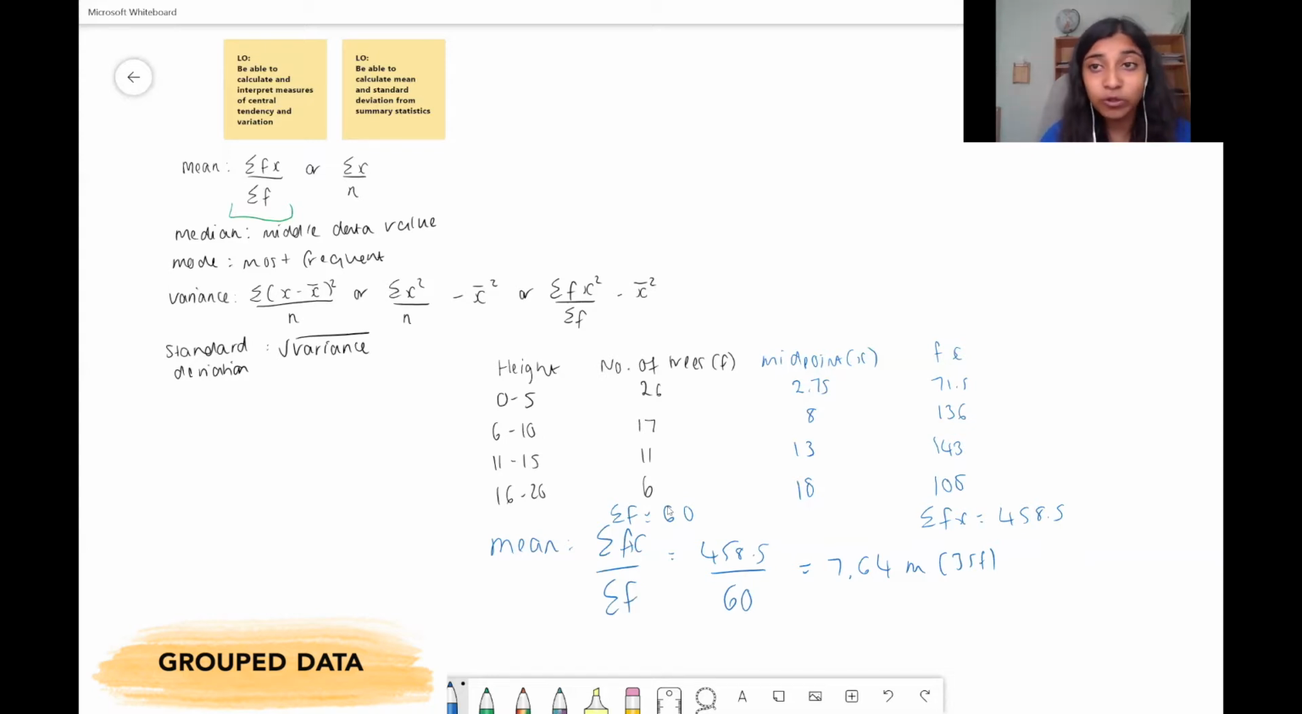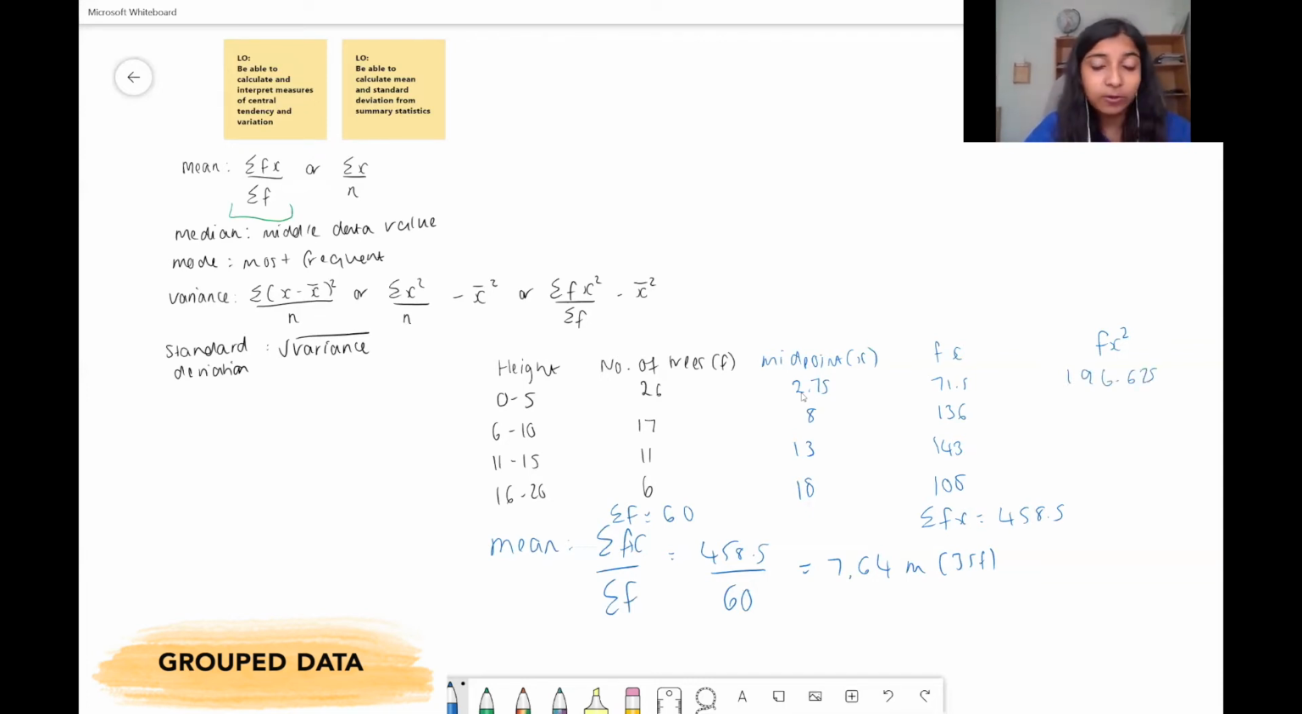So now if we move on to finding the variance or standard deviation using group data, we need another column here, because if you see this formula here, the variance is the sum of fx squared over the sum of f minus your mean squared. So you need another column, which is fx squared. So now all you want to do is your frequency, 26, times x, your midpoint, squared. So you want to do 26 times 2.75 squared, which you'd get is